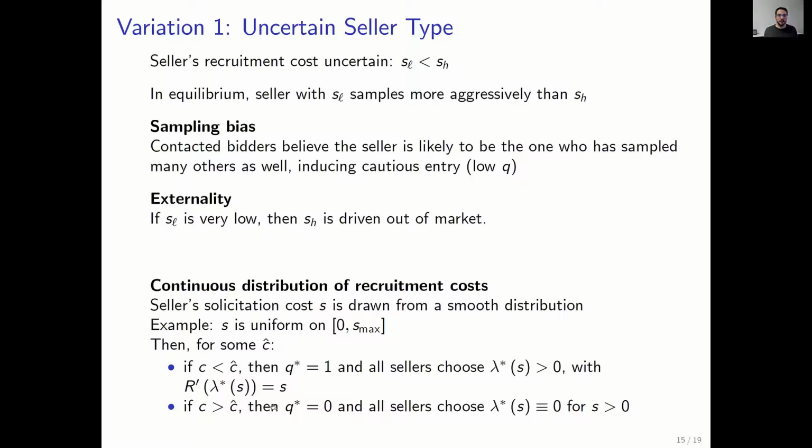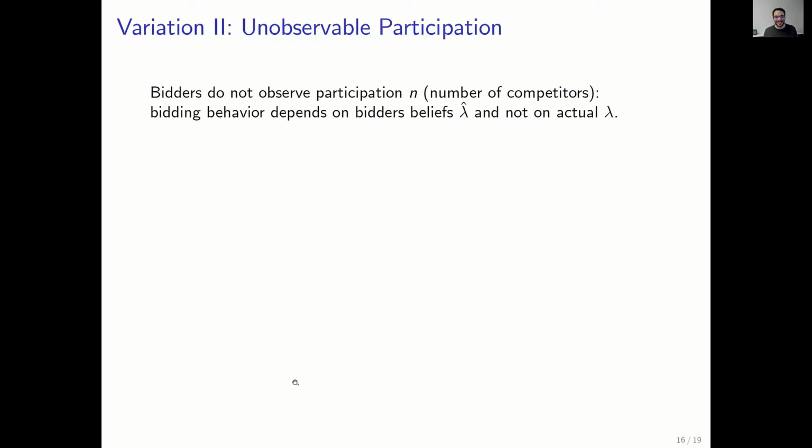Now let's go to variation number 2, which was immediately asked. Okay, so in many of the scenarios that I've shown you, actually there may be uncertainty about how many other bidders there are. So when I'm buying a house, the seller may say, there are lots of other bidders, you better behave competitively. At the stage where I've already looked at it, I've already invested all the time discussing with my family, then they will say, you better submit a competitive bid. And it's not so obvious that I should believe the seller about how many other bidders there are. So in this scenario, the bidders do not observe the actual participation.